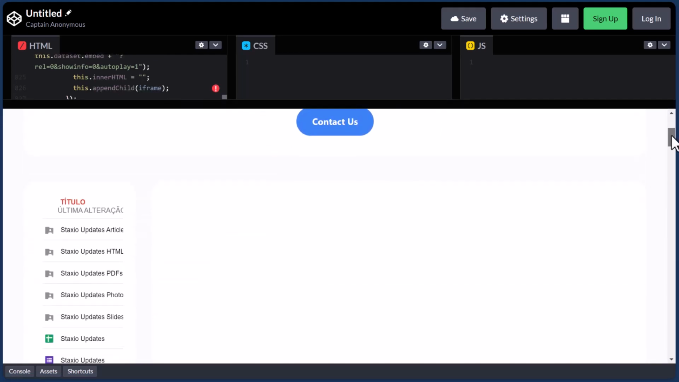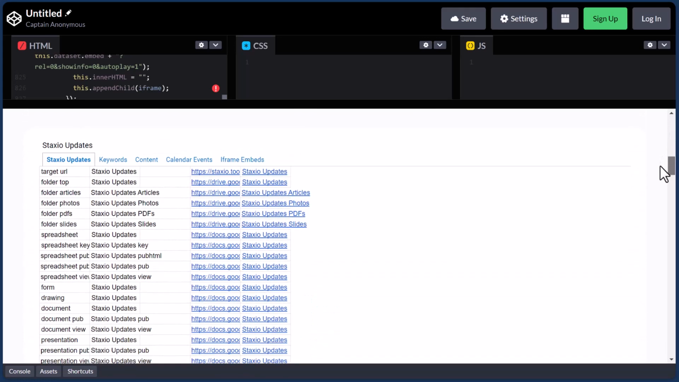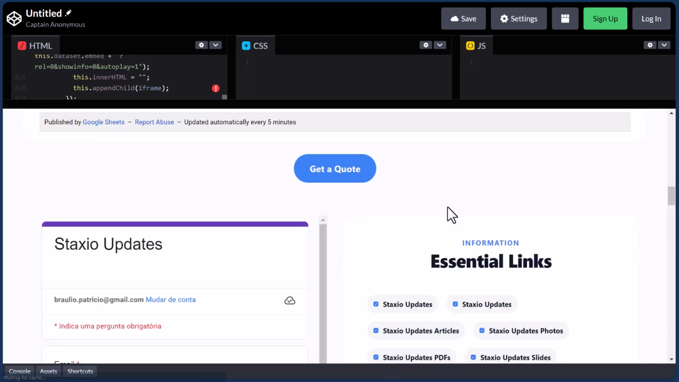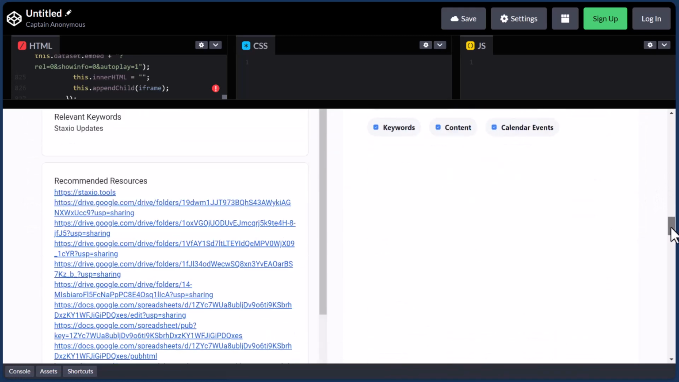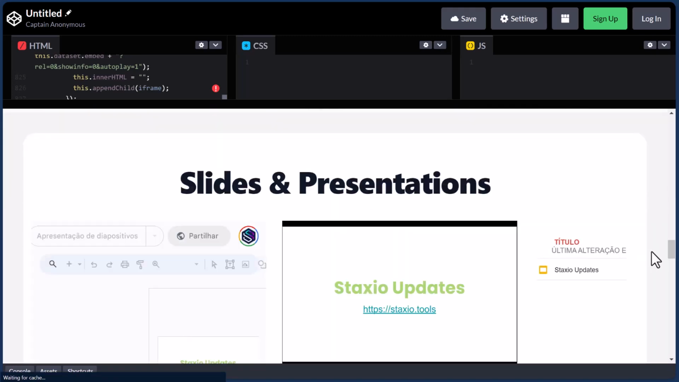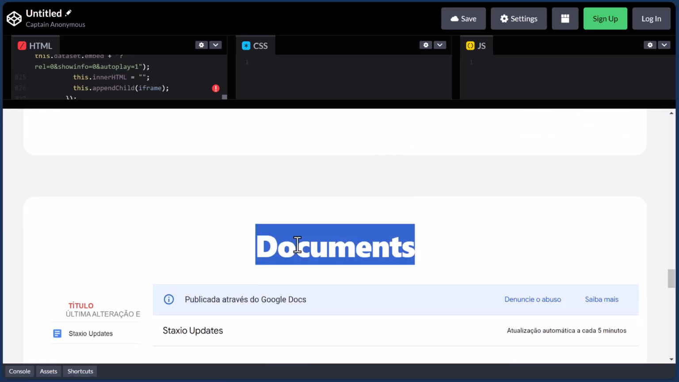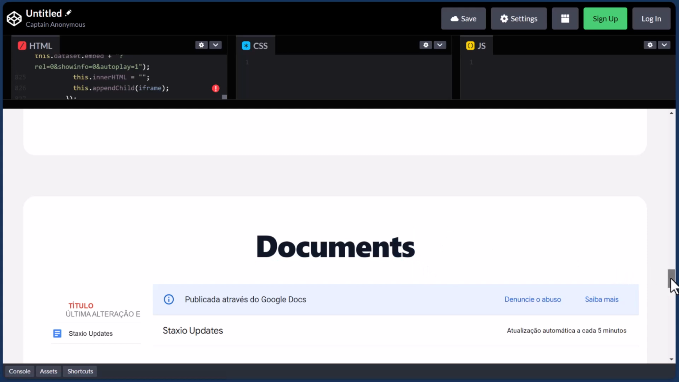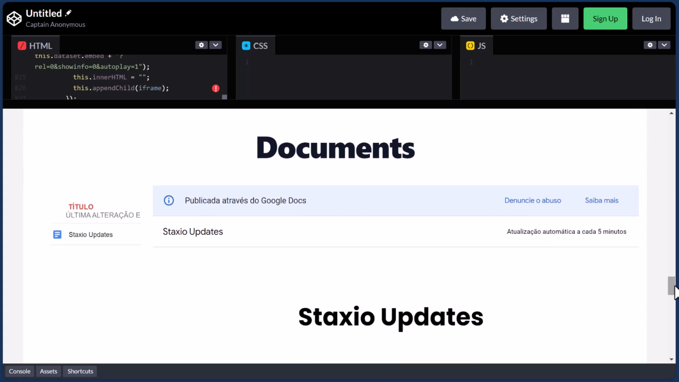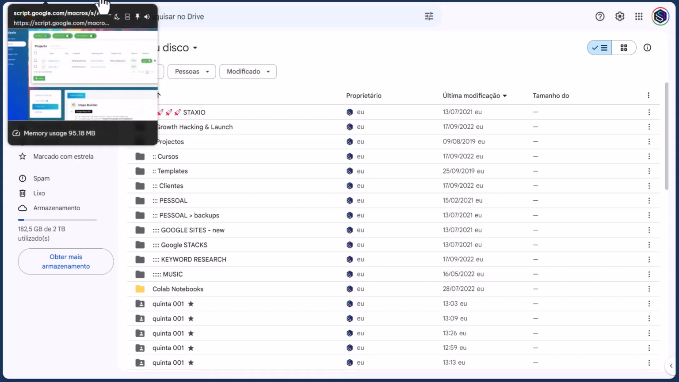And I want to show you the new section available with this template. So this is the form. These are the external links. These are the slides and presentations, which we had before. And this is the new section, the documents section of the template, that we have added to this update of Staxio, which has the documents folder, and an embed of each of the documents inside this folder. So at the moment I only have one document,